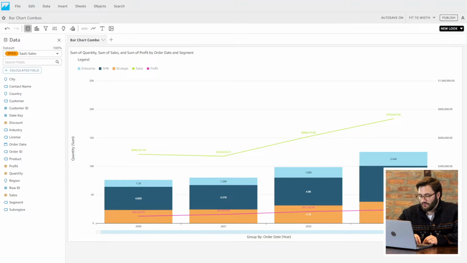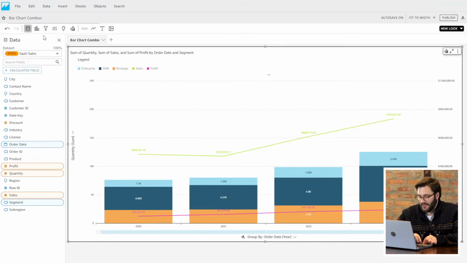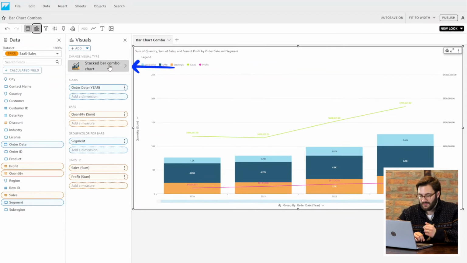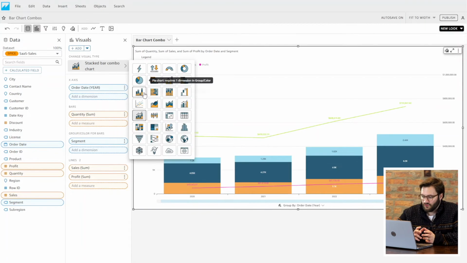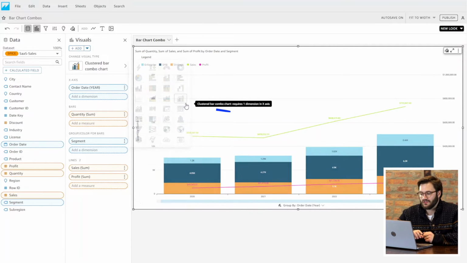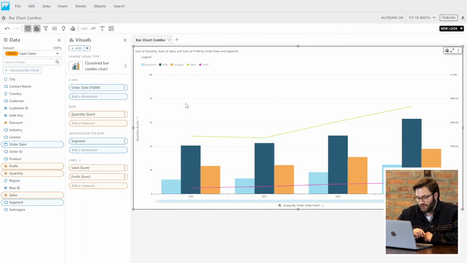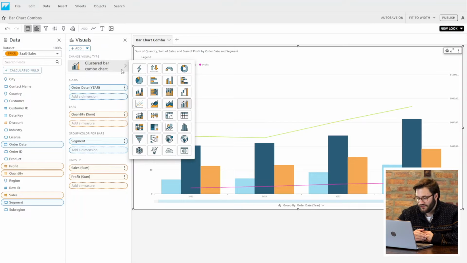So first and foremost, there are two styles of bar chart combos: stacked and clustered. This is simply how you decide to represent the data. My opinion is, if you have a small grouping, say 3 main business segments, you're safe to use a clustered bar chart. If you're using more than 3, I would consider using a stacked bar chart and relying more on